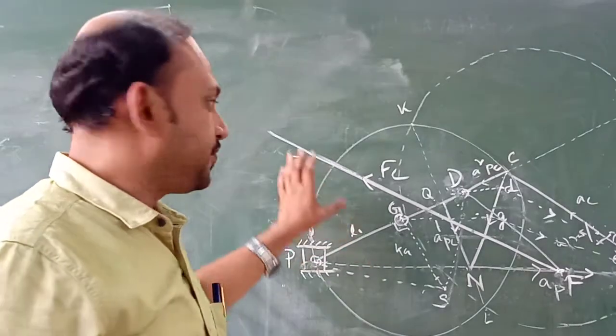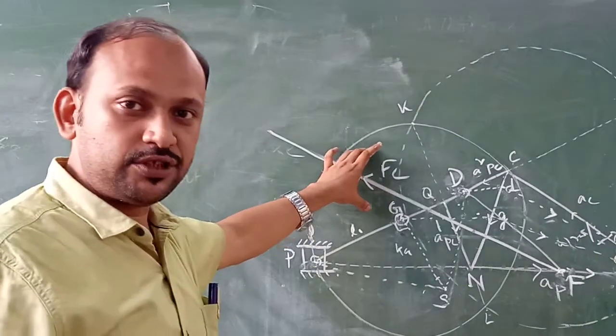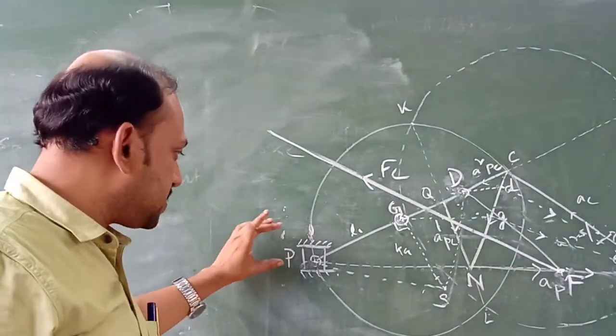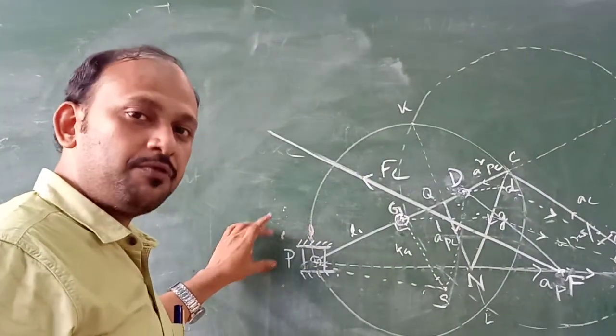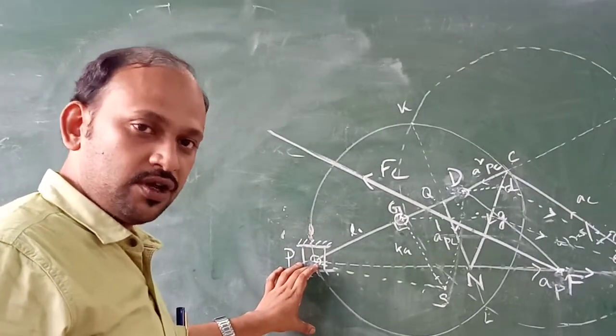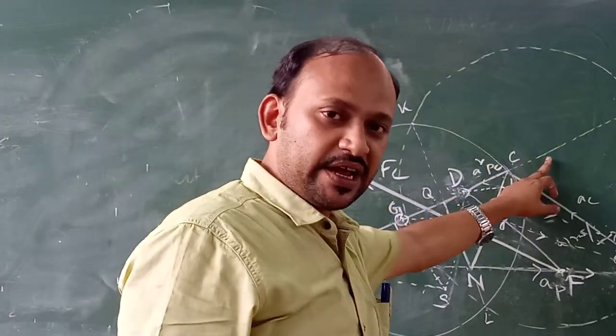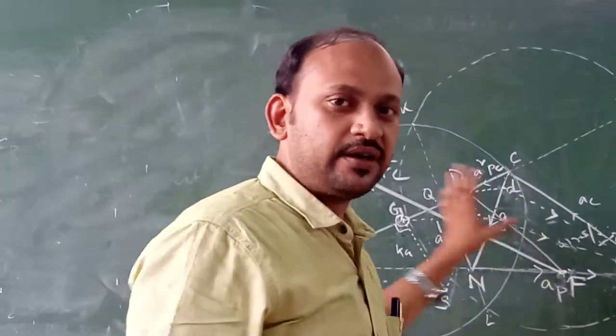Having determined the direction of inertia force on the connecting rod, we can find out the magnitude of the other forces, like what is the thrust acting on the piston, what is the net load on the piston, what will be the magnitude of the reaction force on the sidebars, then what will be the crank effort. Everything can be calculated. How? Let us see.